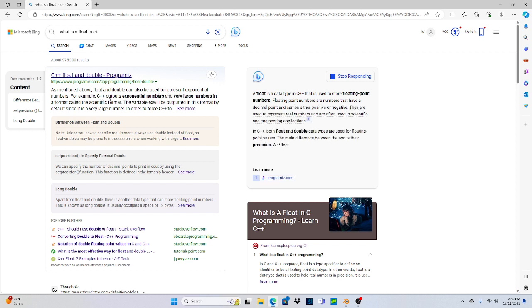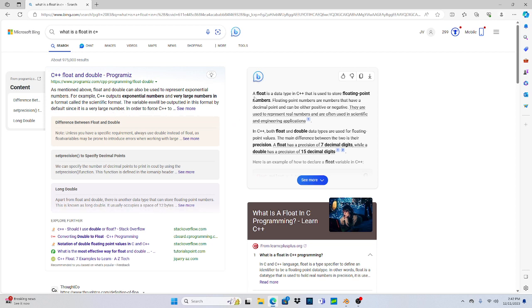For example, C++ outputs exponential numbers and very large numbers in a format called the scientific format. The variable x will be outputted in this format by default since it's a very large number. A floating point number. Floating point numbers are numbers that have a decimal used and can either have a positive or a negative. So I'm assuming that would be